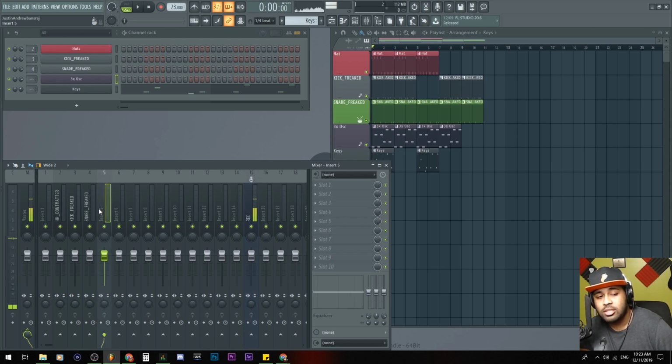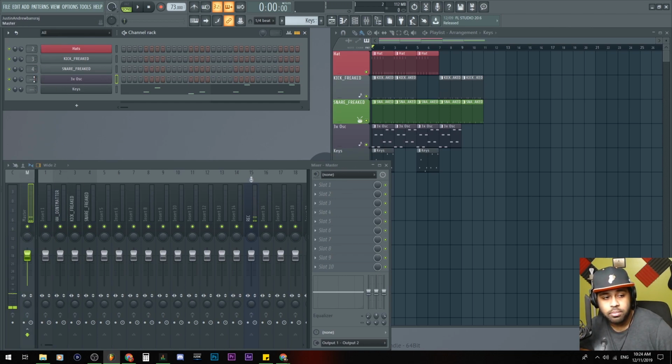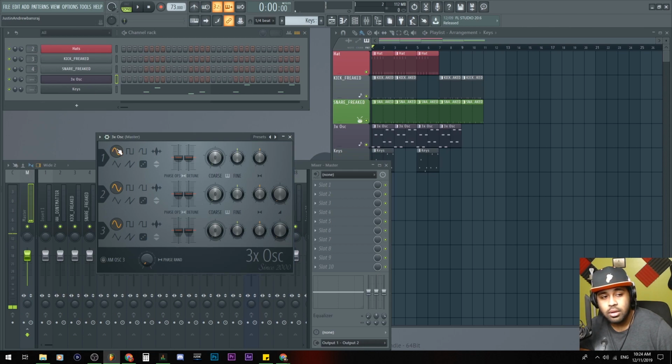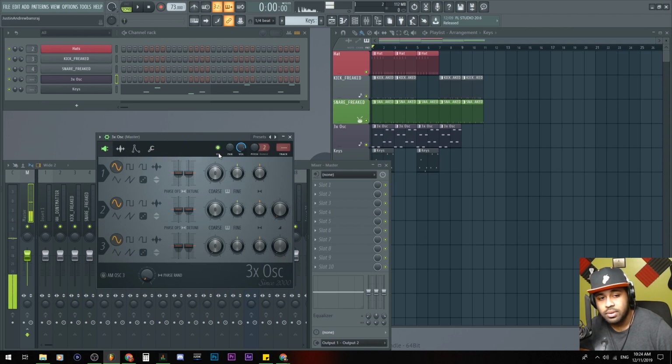To send a track to a mixer, you could drag this little spot here to a new insert or any insert where you want it to be in. So you can have multiple inserts, or you can have multiple tracks inside of a single insert here. But I'm not doing that. So you could drag this here like that. You could click the sound, click this gear if it's not showing this bar here. So once again, that gear, and then you can press the button track, which assigns the free mixer track.